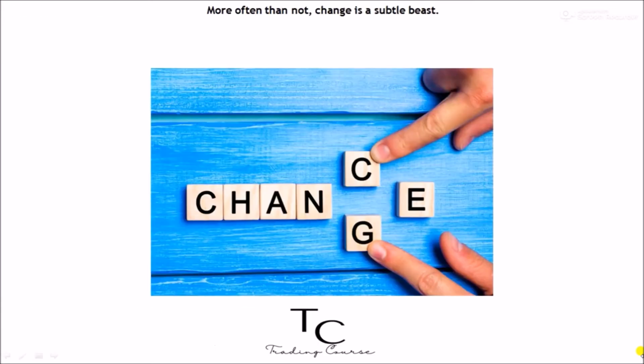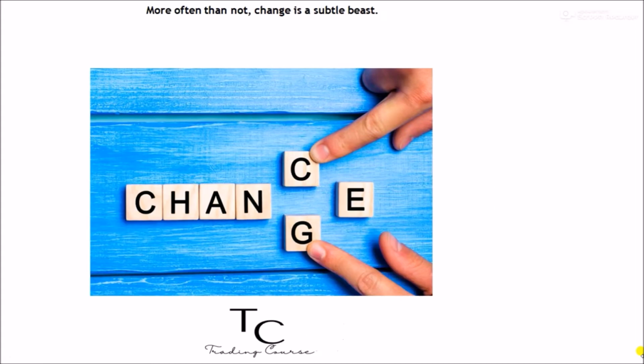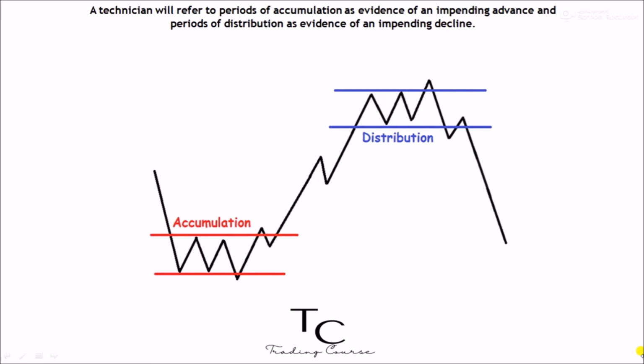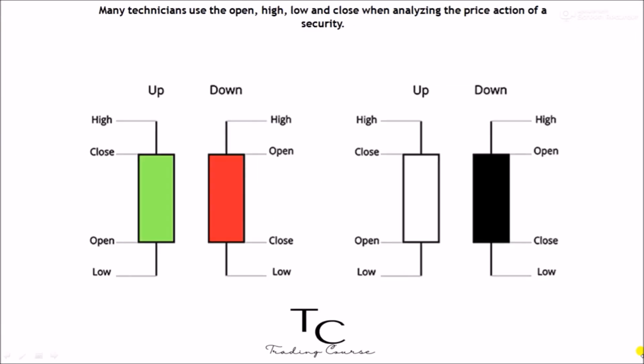More often than not, change is a subtle beast, even though the market is prone to sudden knee-jerk reactions. Hints usually develop before significant moves. A technician will refer to periods of accumulation as evidence of an impending advance and periods of distribution as evidence of an impending decline. Many technicians use the open, high, low and close when analyzing the price action of a